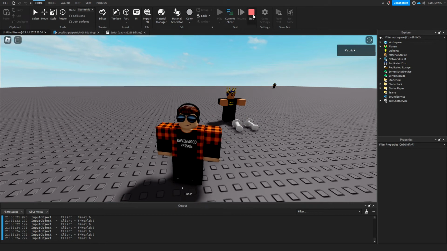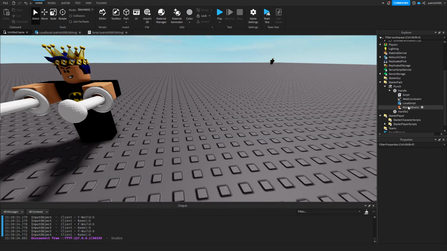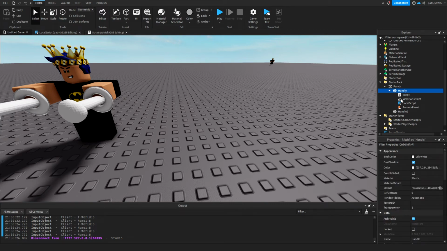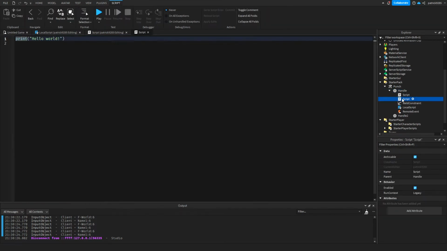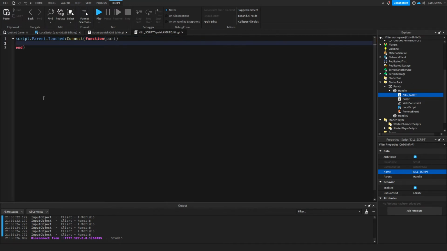Now we gotta add the kill script, and we'll do that in this handle. We'll add a script, and this we will call kill script. So script.parent.touched whenever it is touched, and then we'll check if it is a player that touched it. Part.parent dot find first child named humanoid,